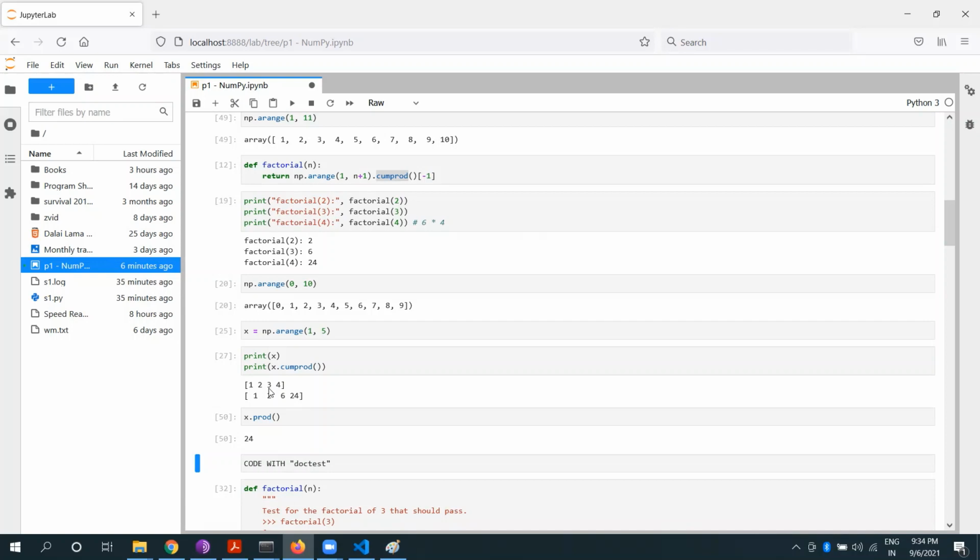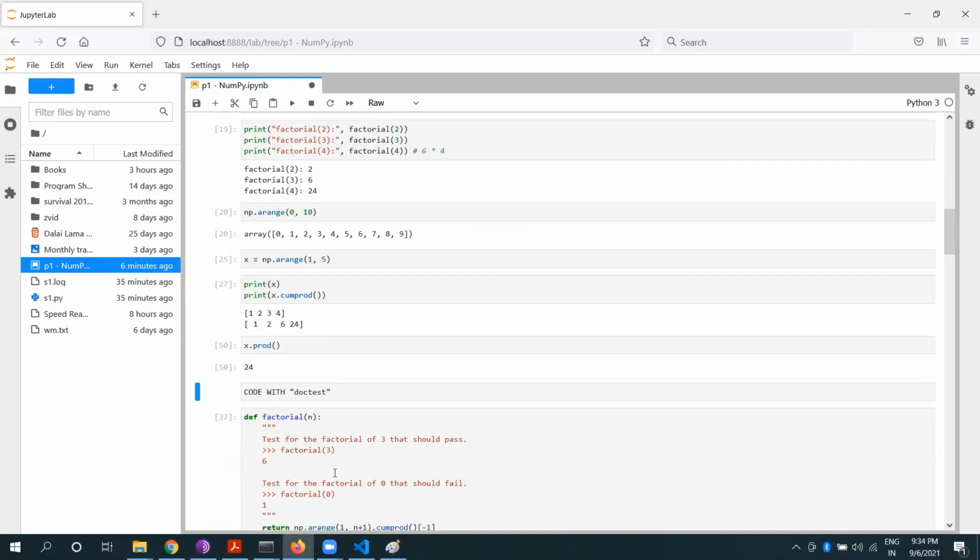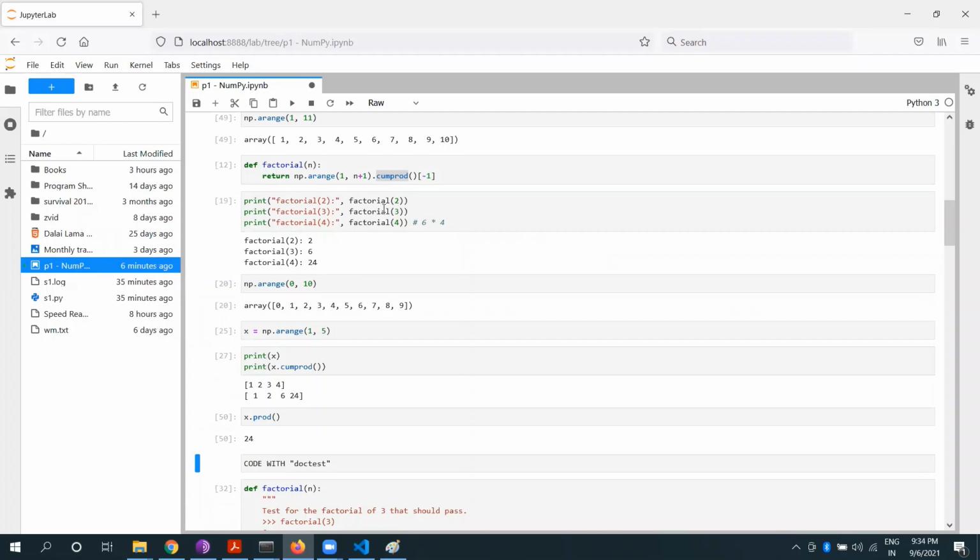4 times 3 is 12. 12 times 2 is 24. Now, this was about the cumulative product, and we can use that in this way. If we want to find out the factorial of a number, we would simply initialize a list, such as shown over here. If you want to find out the factorial of 5,